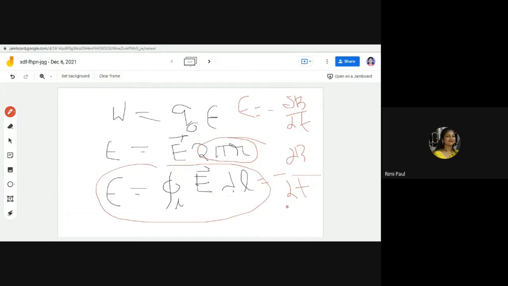Now in time varying fields, we are saying that in a static field, static electric field, there is no magnetic field, and there is no electric field. But now, if the magnetic field is varying, we are saying that an electric field is coming. So, we can write